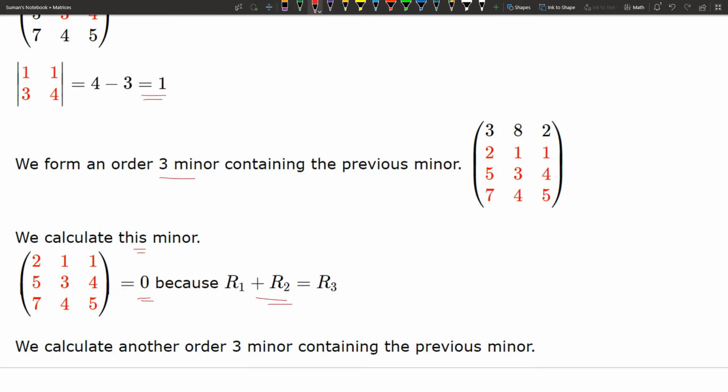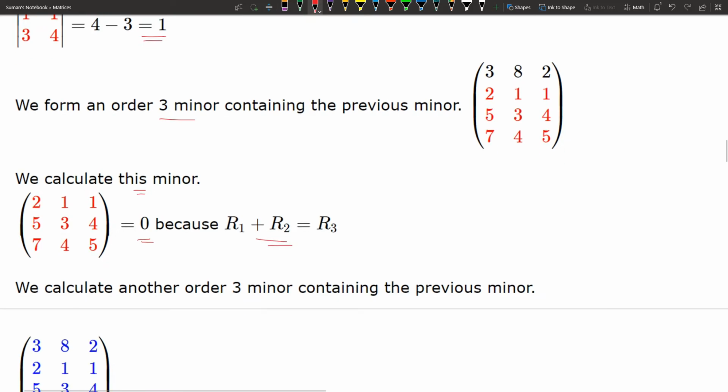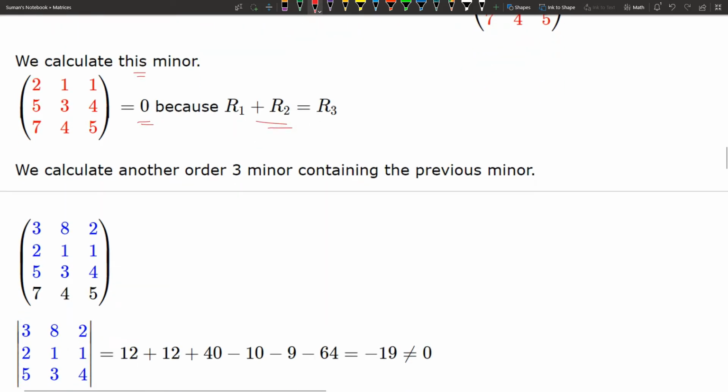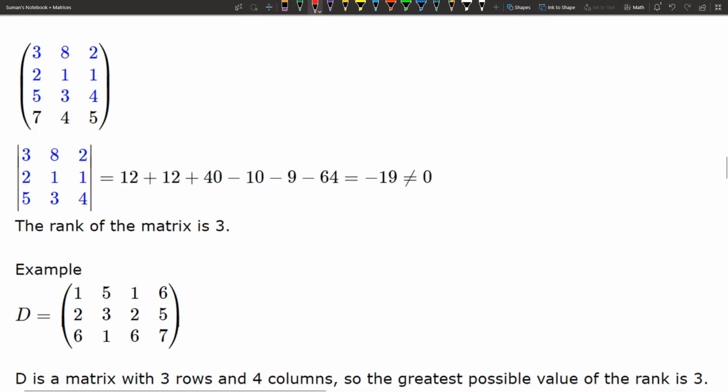So we calculate another order 3 minor containing the previous minor, and here, using the blue color, we have given 3 8 2, 2 1 1, 5 3 4, and here we are getting the determinant result as minus 19, which is not equal to 0. So the rank of the matrix is 3.